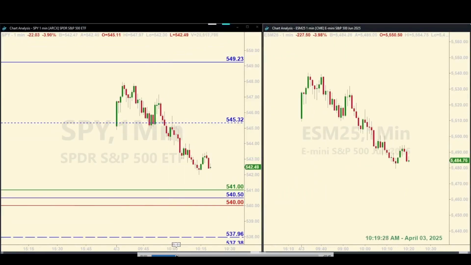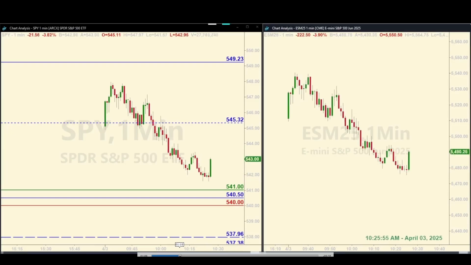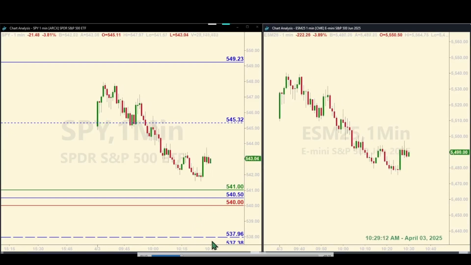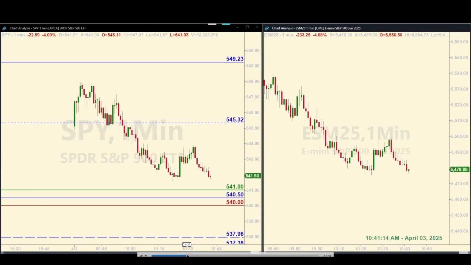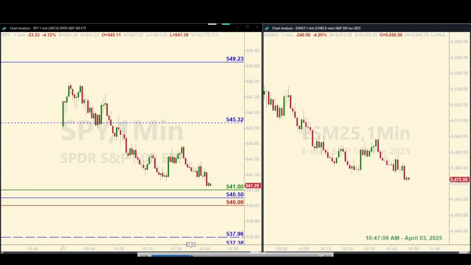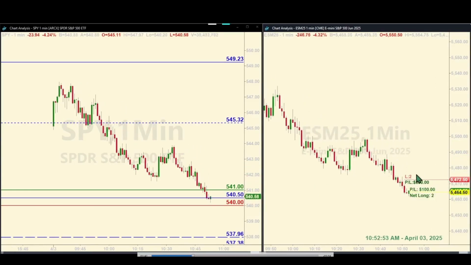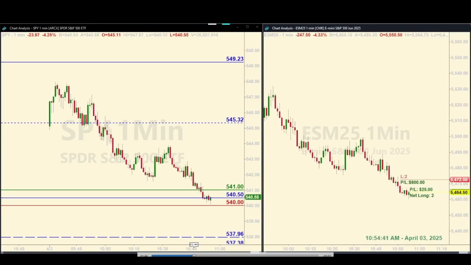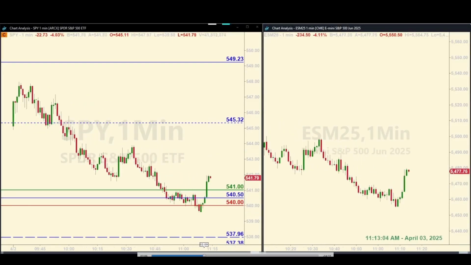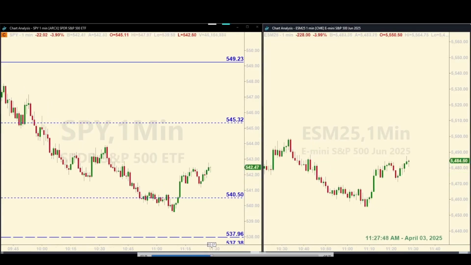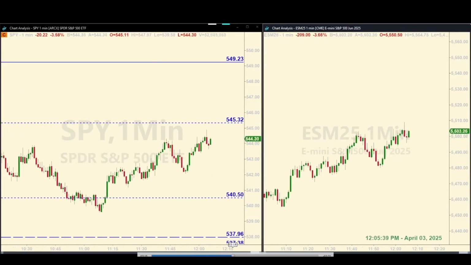And I'll scrub ahead here to the next trade, which is down at 540.50. I just kind of rounded the level to 540.50, just a few pennies away from where it was. That was kind of my 5-cent buffer. And went long there with 2 contracts and held out for 8 points. With the kind of moves they were making, I figured that would be pretty easy. And it was. I'll just move ahead here in the interest of time, show you that trade in the bag, and that's all I did for the rest of the day.